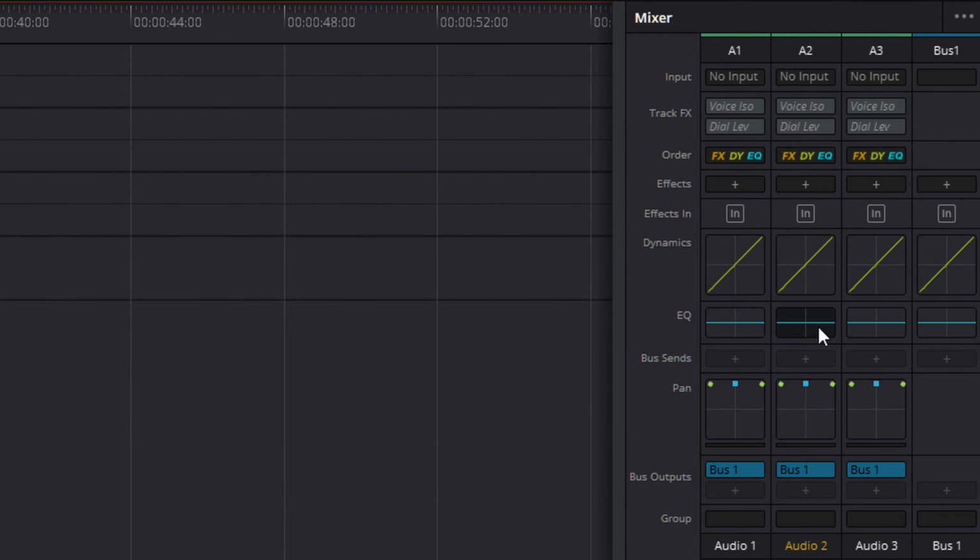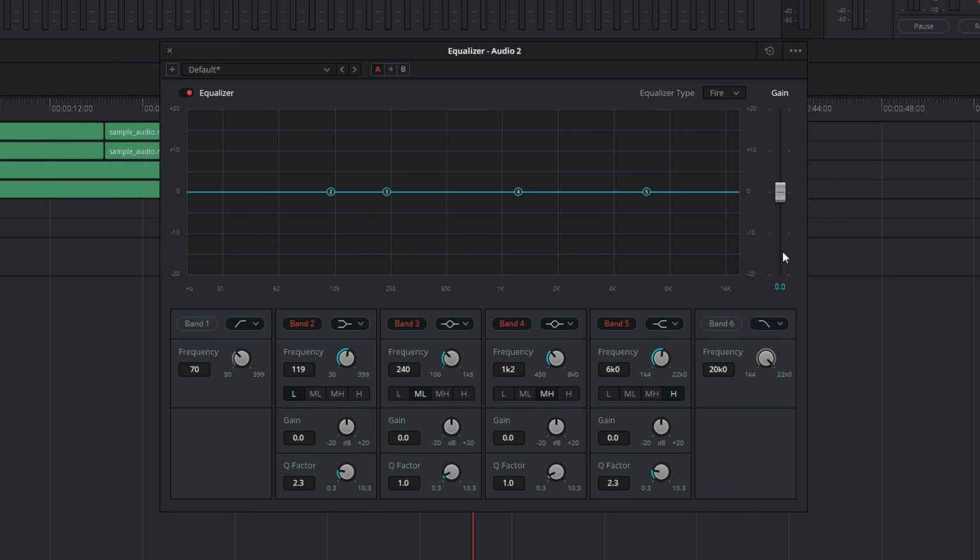Then we need to double click on the EQ strip here. All we have to do is apply our reduction. For spoken word, we want to reduce the frequencies in the music that correspond to human voice. That way they don't overlap and make it a little harder to hear things. That for human voice, especially for my voice, is going to be anywhere from about 800 to 2000 hertz. And as you can see, we already have band number 4 roughly in place. We're going to make a few tweaks, but it's pretty close.